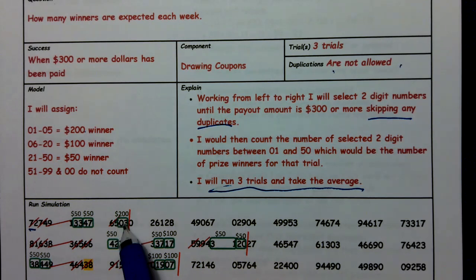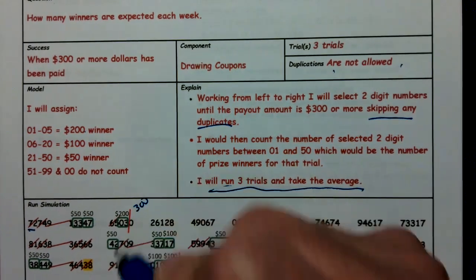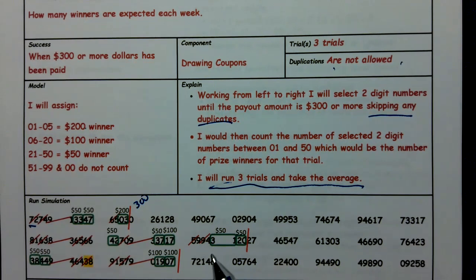But then 03 is a $200 winner. 50 plus 50 is 100 plus 200. That totaled to 300. I needed to get to 300 to stop. So trial 1, I have 1, 2, 3